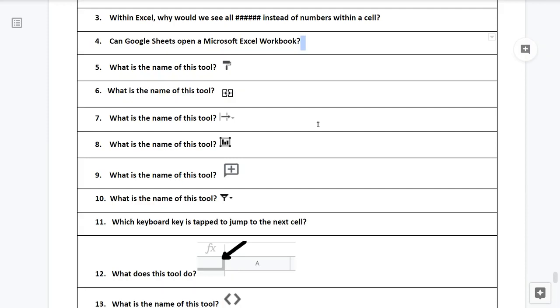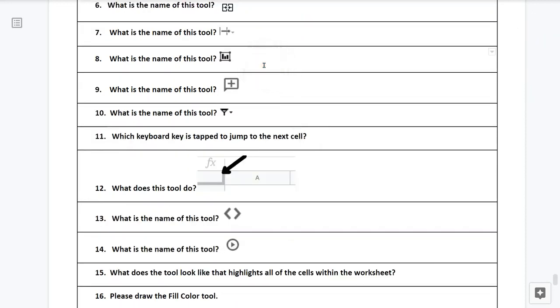What is the name of this tool? Question number 7. What is the name of this tool? Question number 8.